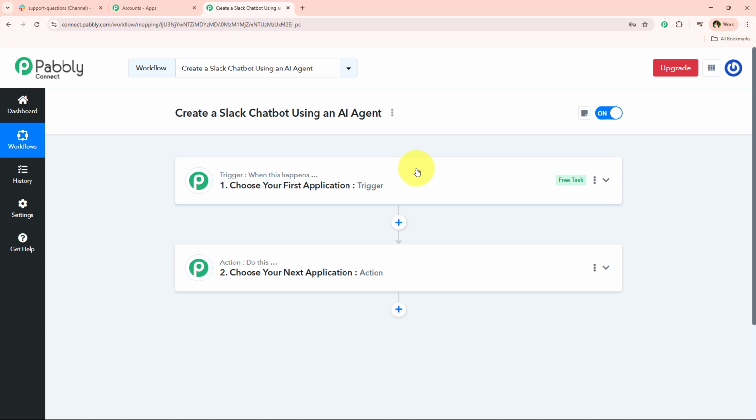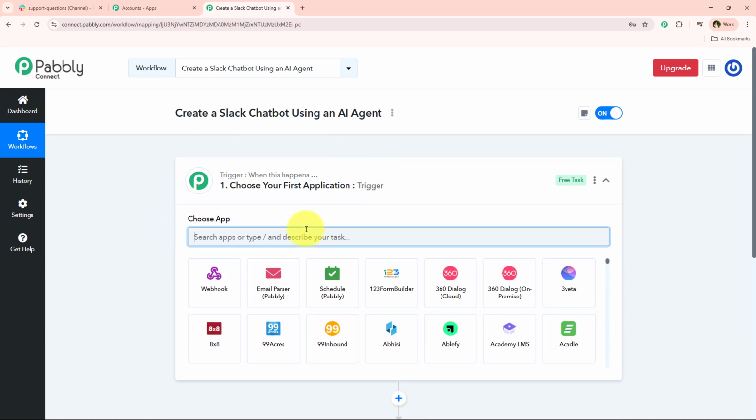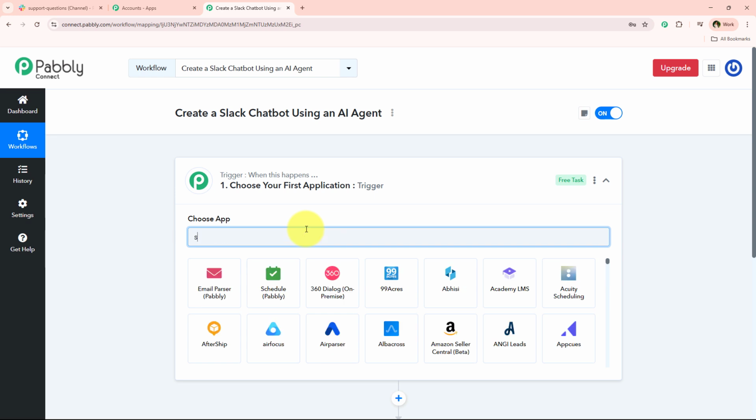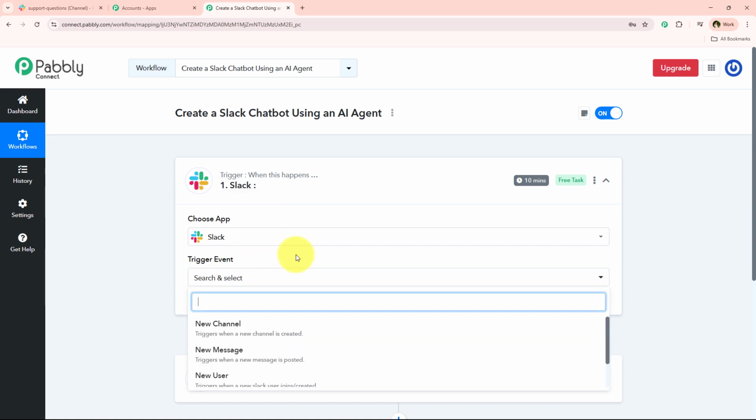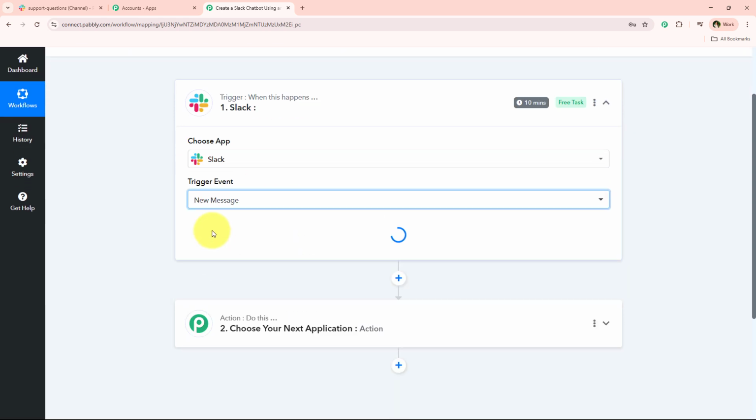the particular reason that we can have only a single trigger but multiple actions following the commands of a trigger in a particular workflow. And to get started, I'm simply going to select my trigger application, which is Slack. So I'm just going to search for Slack right over here, and then I'm just going to simply select it. And now for the trigger event, I'm just going to select it as new message and click on this button